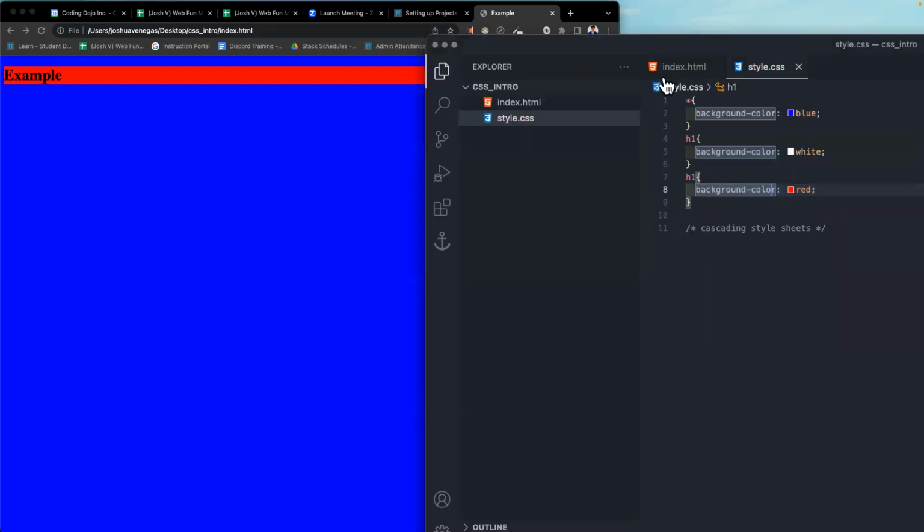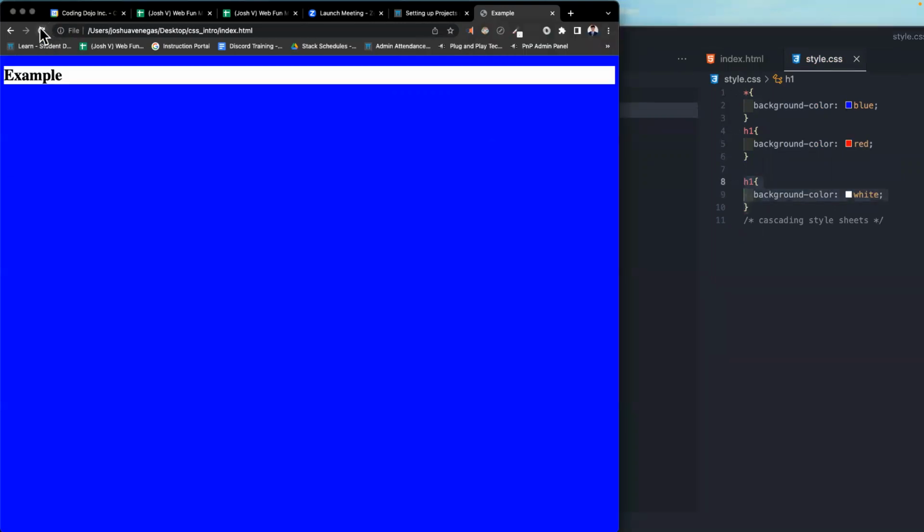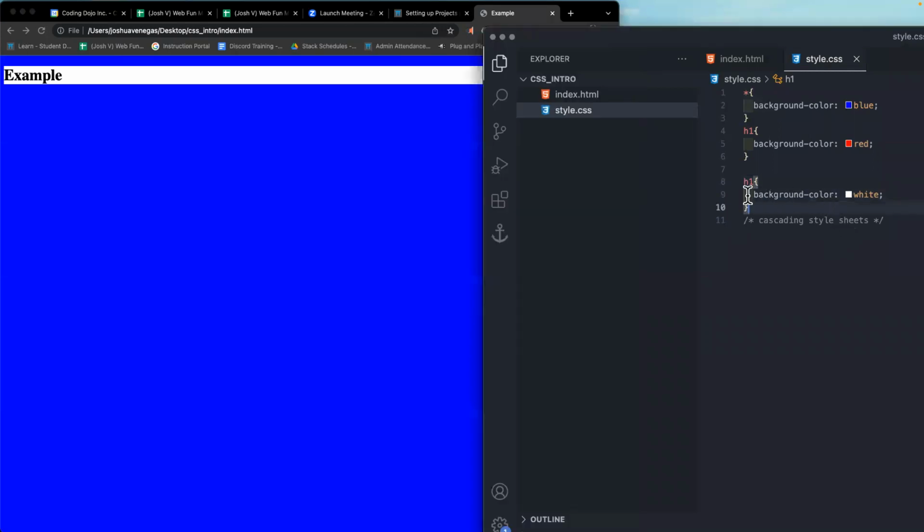Because the red came after the white, the priority took to red, saying the rules that are on the bottom take priority over the ones on top. If I change the H1 to be below the red, now priority becomes white. Okay, do we understand how that works and why that rule applies to the name cascading,